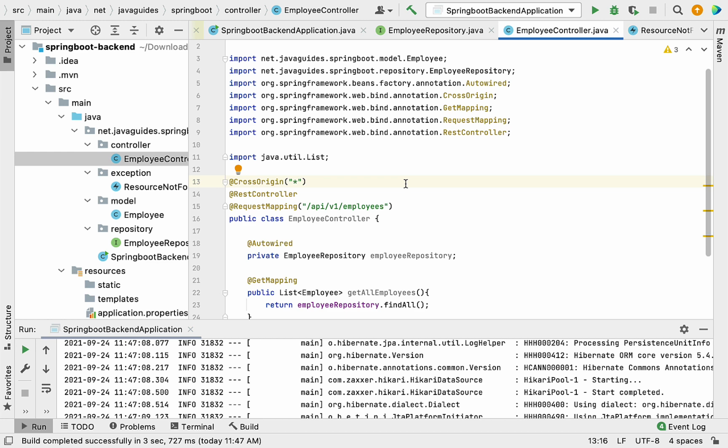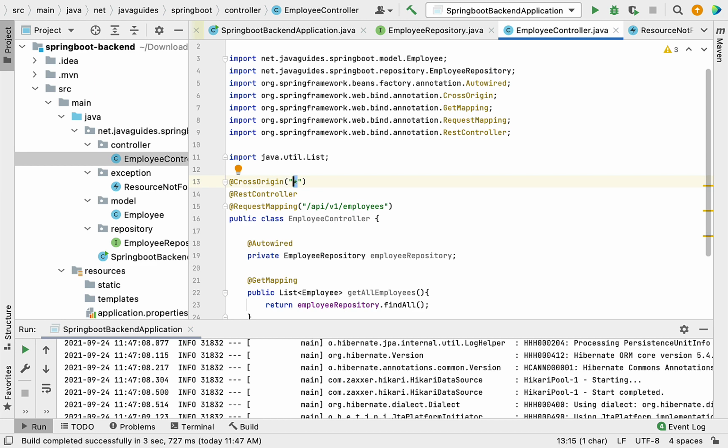If you are developing an Angular application, then your Angular application can call this REST API. If you are developing a React application, then your React application can access this REST API. If you are developing a Vue application, then your Vue application can access this REST API.